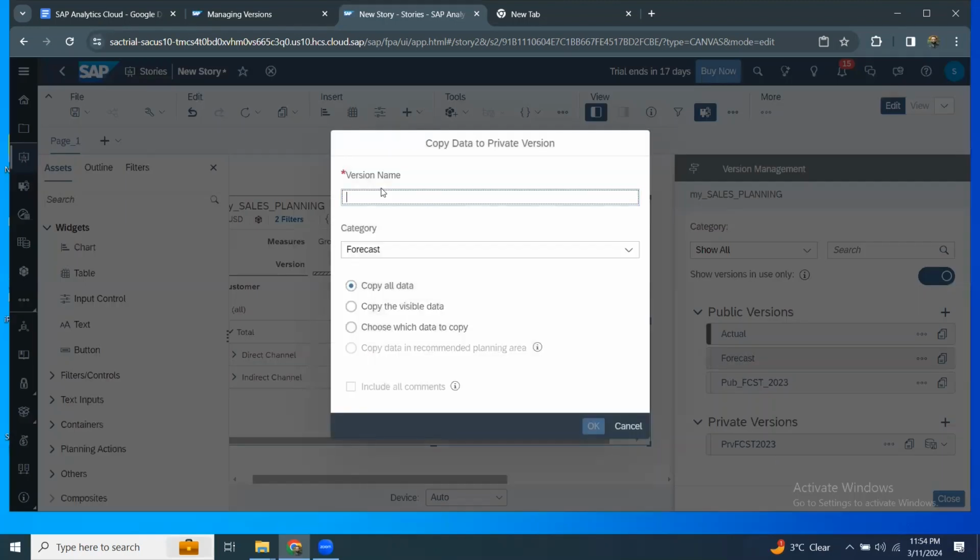So it is going to pop up a version name. I'm going to put this as private because you can see that it is copying the data to a private version. So I'm going to put private FSCT, March 23. And this is a category of forecast, and then copy all data. I wanted to copy, or you can also choose to copy certain data only, but just this time I'm going to copy everything